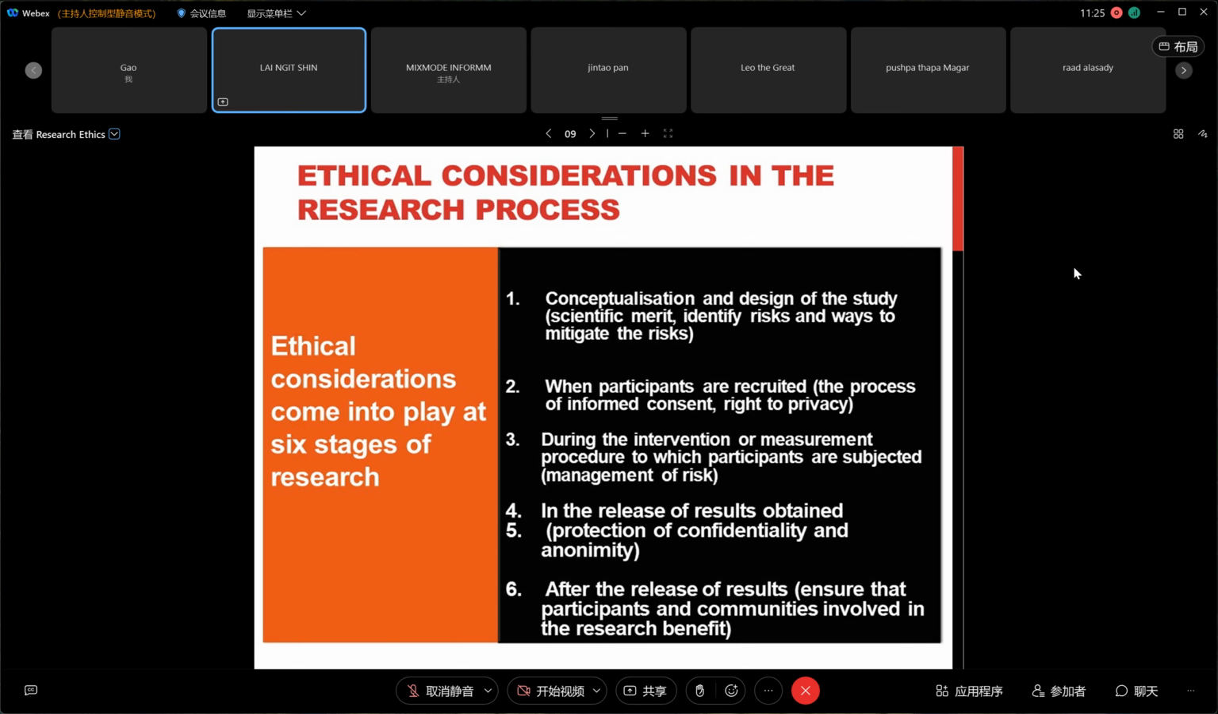And when participants are recruited, this usually involves a clinical trial or clinical research, where you may recruit patients or others into the project. Then there is the intervention process, in which participants are subject to possible suffering. Sometimes, for example, you withdraw blood from the patient for further studies. And then there is the process of releasing the results obtained, and the protection of